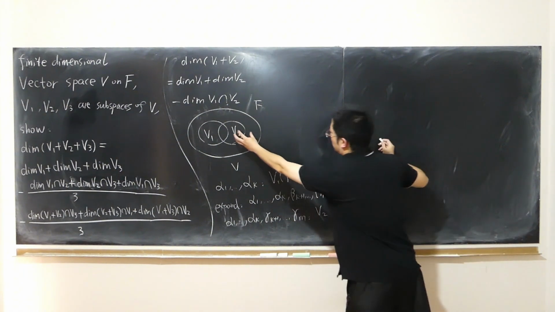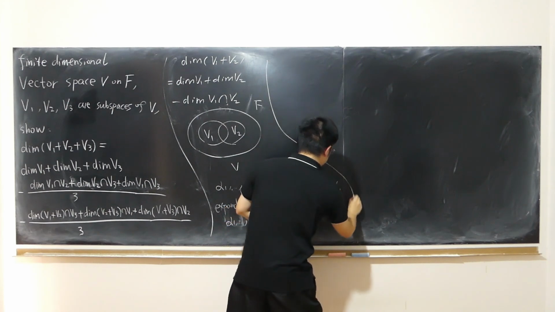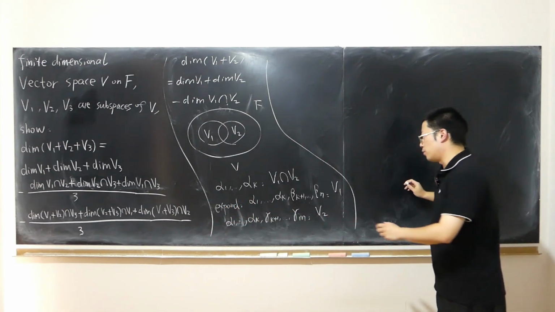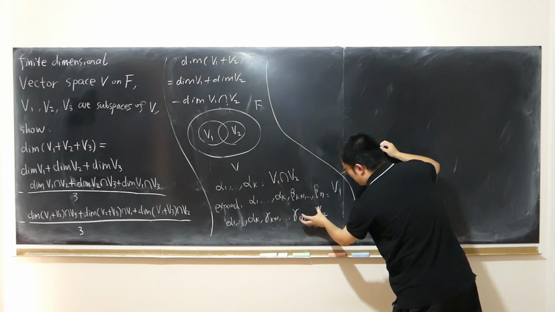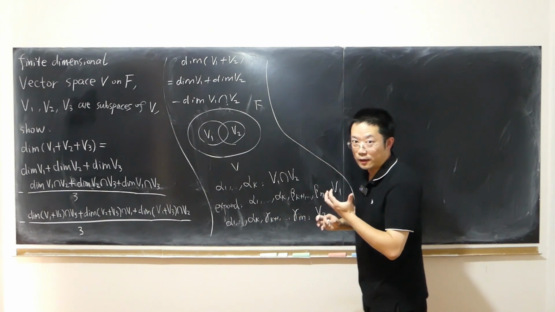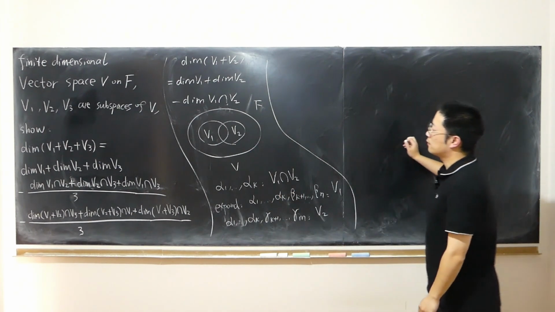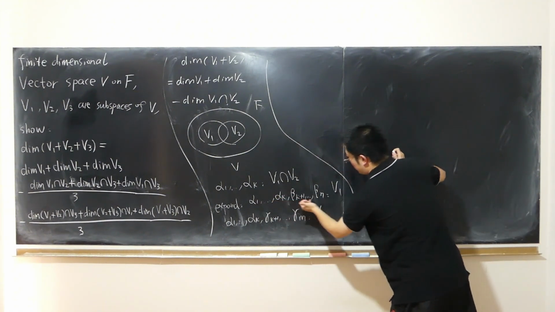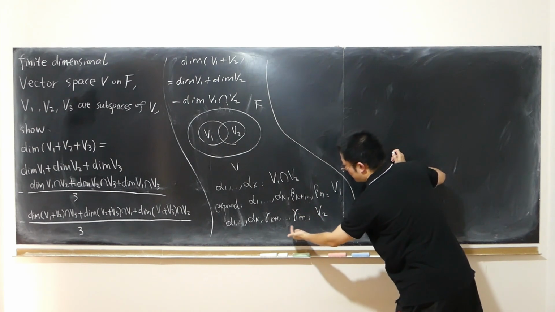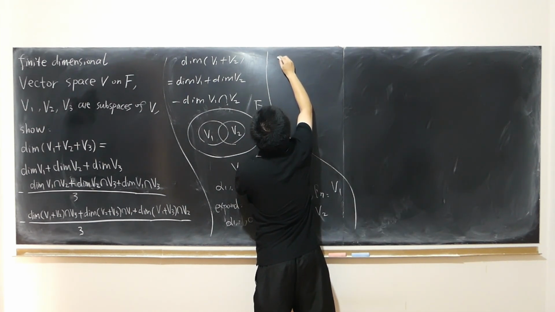Next, I'm going to show that the alphas combined with the betas and the gammas together form a basis of V1 plus V2. First of all, I have to show that they're linearly independent: alphas, betas, gammas. So can I show that if I choose a1 times alpha 1